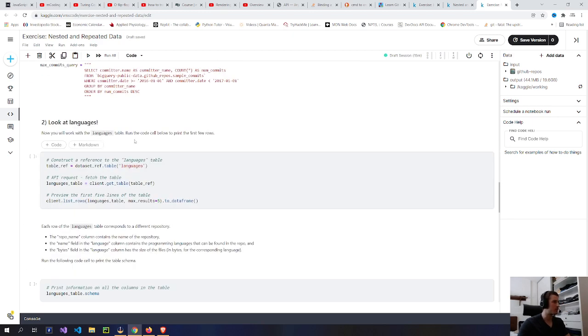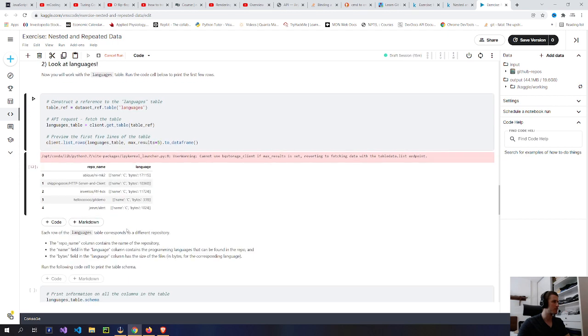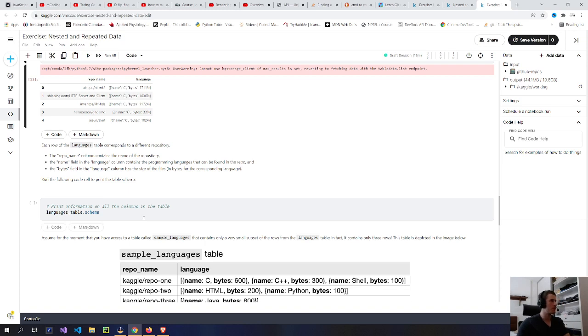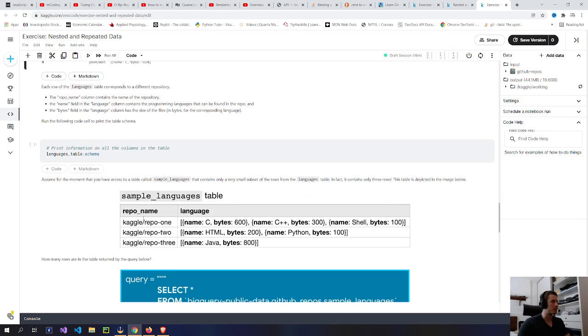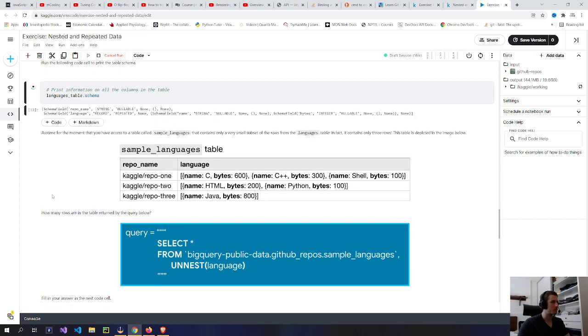Now we work with the languages table. The code cell below should print the first few rows. So it just creates the reference to the table. Each row of the languages table corresponds to a different repository. The repo name column contains the name of the repository. The name field in the language column contains the programming language that can be found in the repo. In the bytes field, the language column has the size of the files in bytes corresponding to the language. And the following code cell should print the table schema. Okay, so